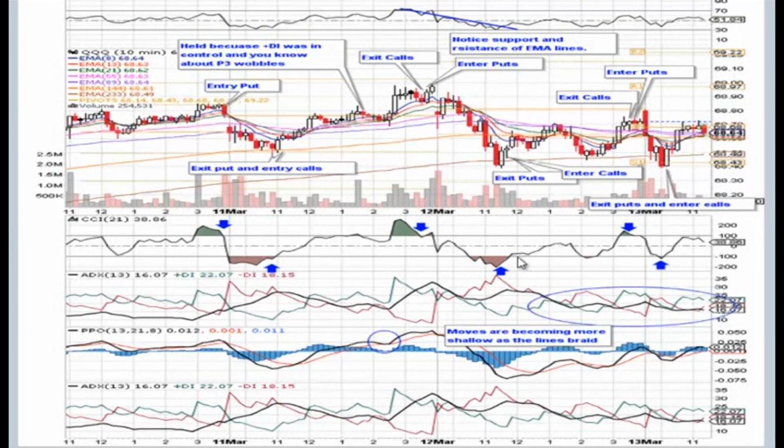And now the moves all of a sudden are becoming shorter. If you'd entered calls here, you're going to hold them through this, assuming that eventually it's going to get up here to being overbought and have the overbought fin, and this is where you would exit. But you may at this point decide to step aside and not enter every single one of these swings up and down until there again is more decisiveness, more volatility, where there are going to be deeper fins